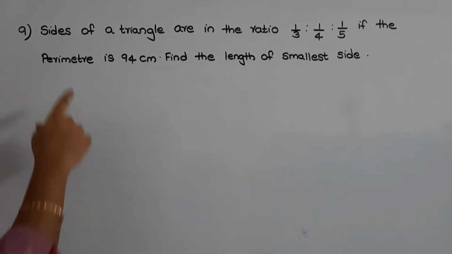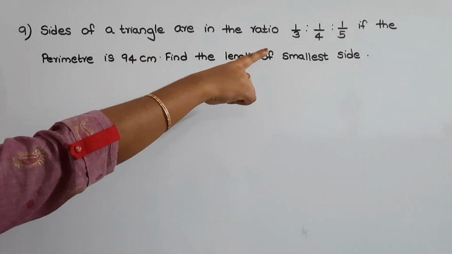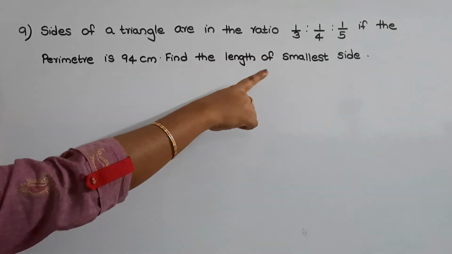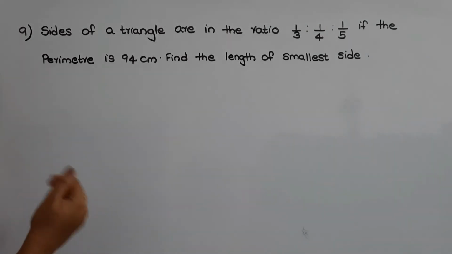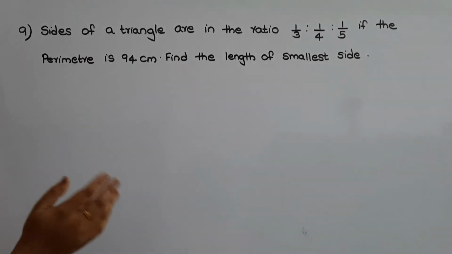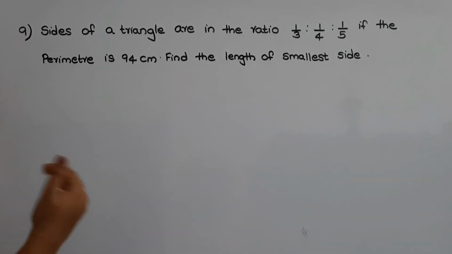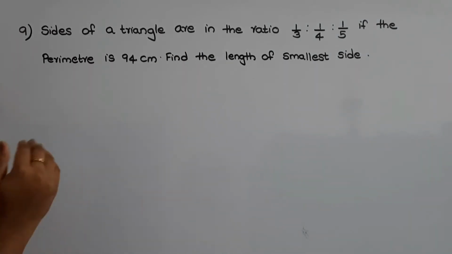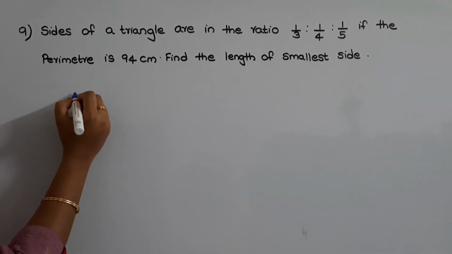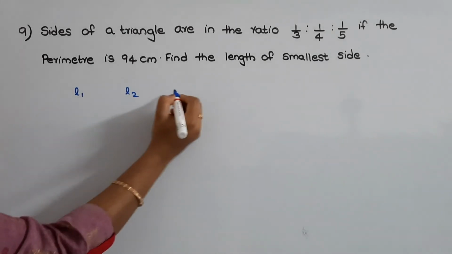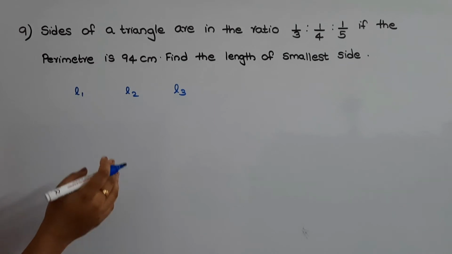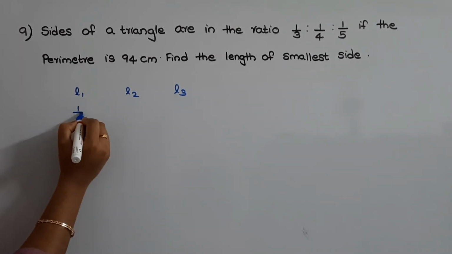The next question is, sides of a triangle are in the ratio 1/3:1/4:1/5. If the perimeter is 94 cm, find the length of the smaller side. So in this question, they have given the ratio of the lengths of the sides of a triangle as 1/3:1/4:1/5. They have also given the perimeter of the triangle. We need to find out the length of the smaller side. So let us consider L1, L2 and L3 as the lengths of the sides of a triangle. So the ratio of the lengths is given as